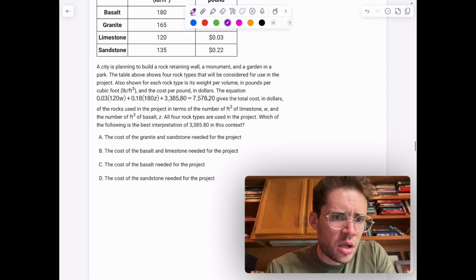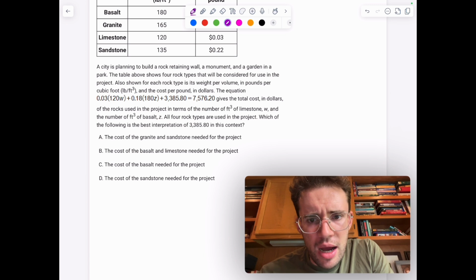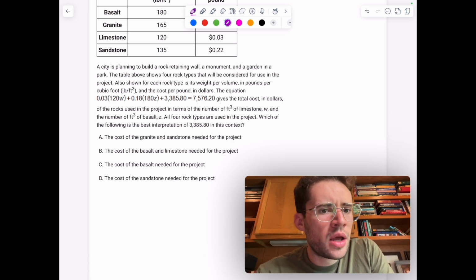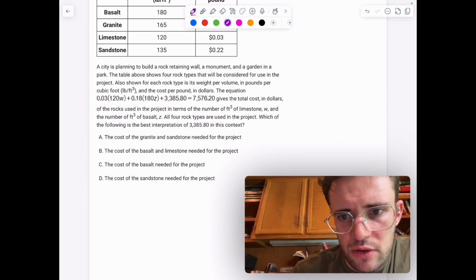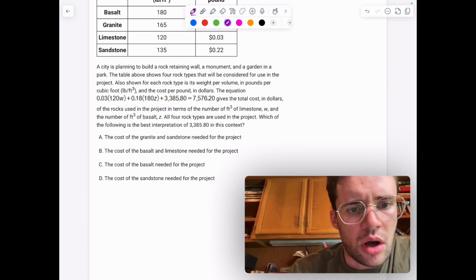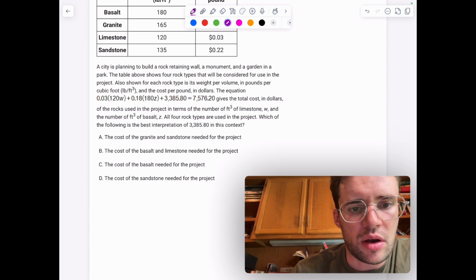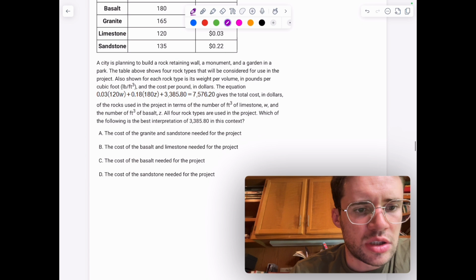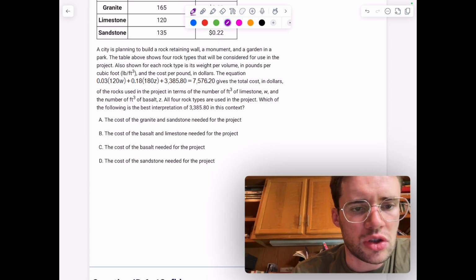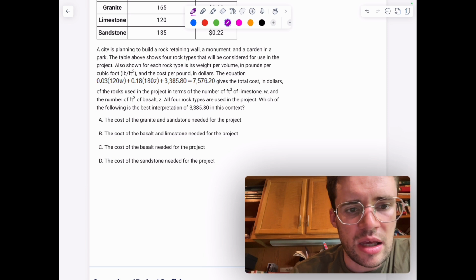All right. A city is planning to build a rock retaining wall, a monument, and a garden in a park. The table above shows 4 rock types that will be considered for use in the project. Also shown for each rock type is its weight per volume in pounds per cubic foot, and the cost per pound in dollars. The equation 0.03 times 120W plus 0.18 times 180Z plus